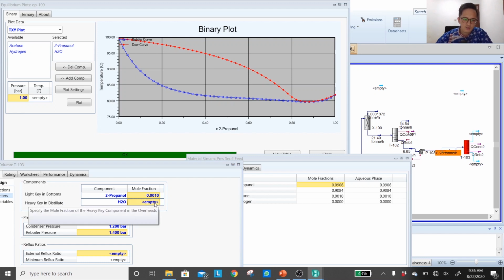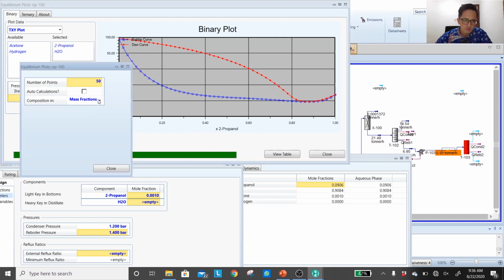Okay, delete it for now. Check the top one. I want to get my bottom product as water with 0.1% of propanol, a very small amount of propanol with water. That's doable because it's in the same left window, and you can see that the range between the bubble and dew curve is very large in this left window compared with the right window. So it's easier to perform the distillation in the left window. So let's change the number now.